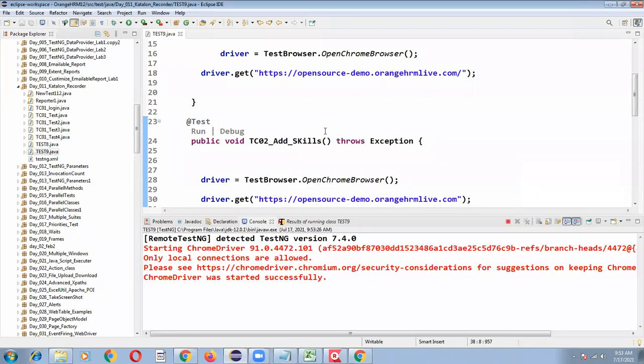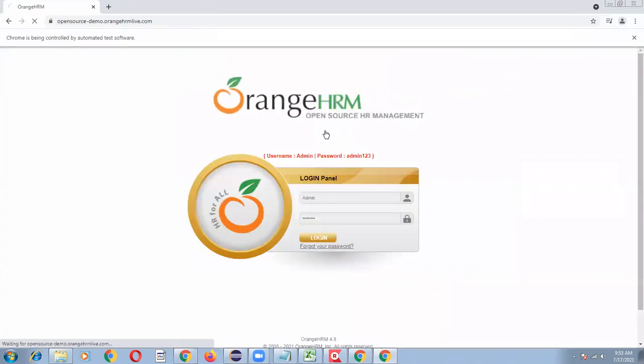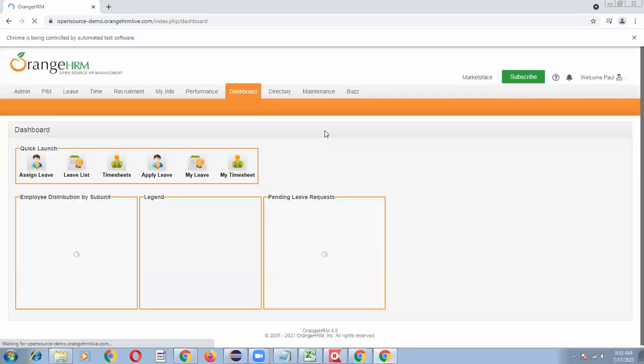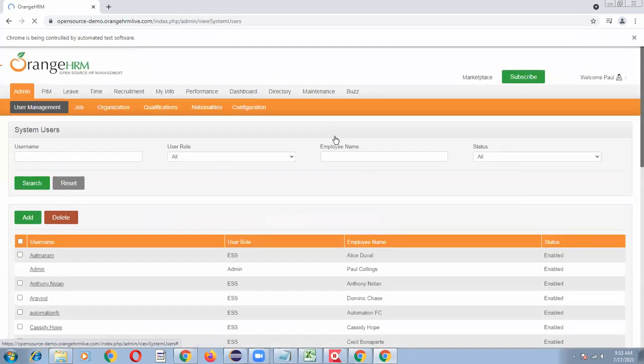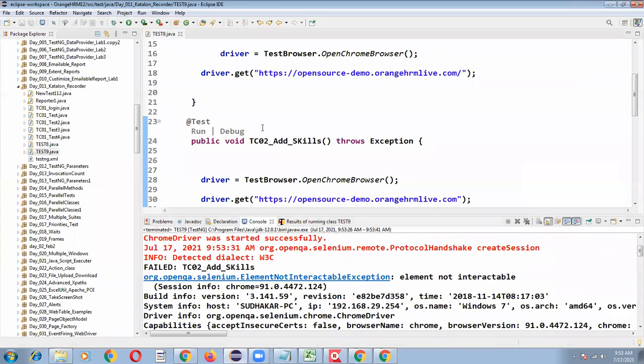This tool will help you. Even non-technical people can write very easily. With this tool there is no need to inspect any of the web elements. It gives them automatically as per your interactions. Something went wrong. Element not interactable exception.